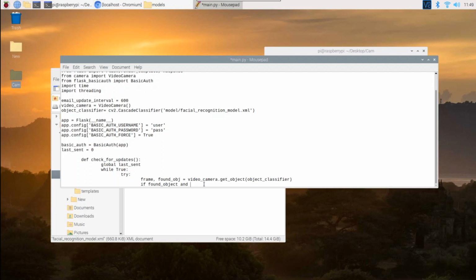So we need to make sure that, let's say if it has just sent an email last minute, it doesn't have to send it again. So that's why we're checking for it again. So we'll have time, this will get the current time, and minus last sent is greater than email. I'll just copy this from here